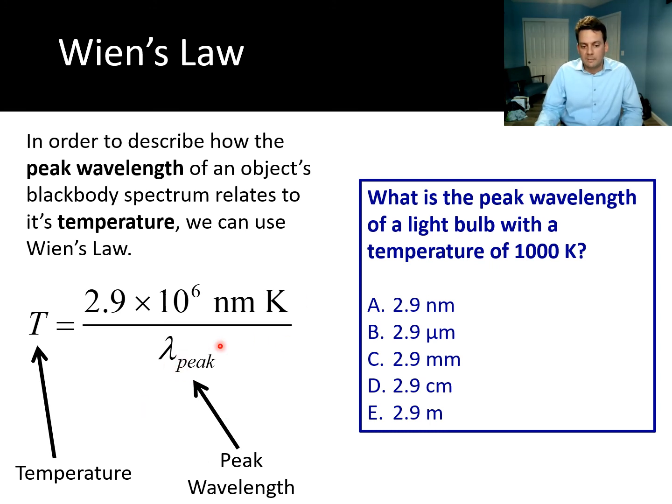You multiply by lambda peak and you divide by the temperature, and you find out that the peak wavelength is equal to this same number divided by the temperature. The temperature is 1000 Kelvin, which makes the math easy. And so you're left with 2.9 times 10 to the 6th divided by 1000. That ends up giving you 2.9 times 10 to the 3 nanometers, which is the same as 2.9 microns,